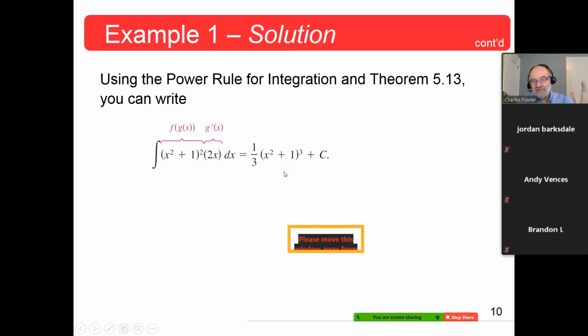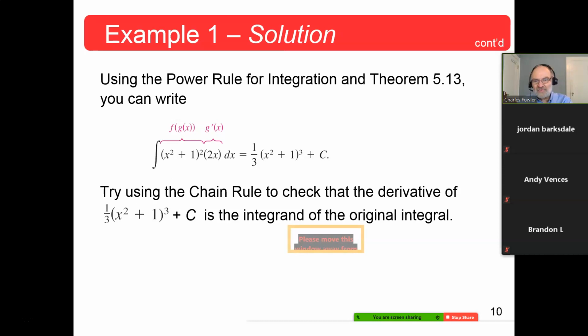Okay, so that's why I don't like the packages like WebAssign. They'll tell you something's wrong when it's absolutely correct. This is no better than the way we had it. In fact, I think the way we had it's a little simpler. Any questions on that? Use substitutions come in so easy, so handy sometimes.